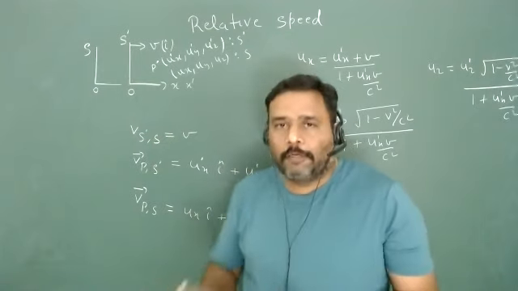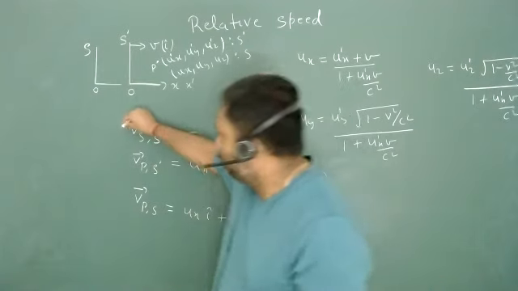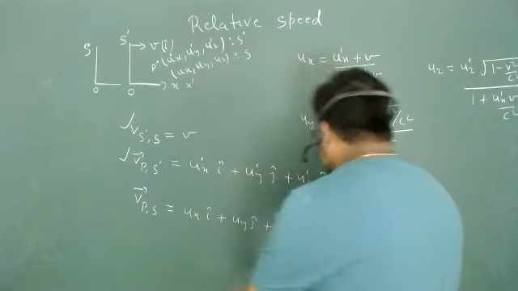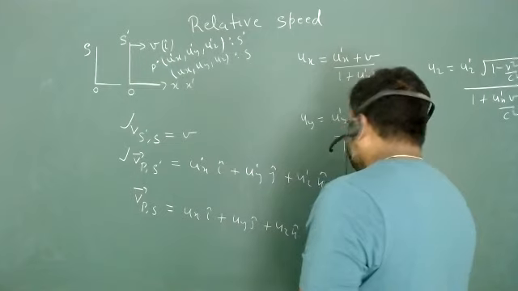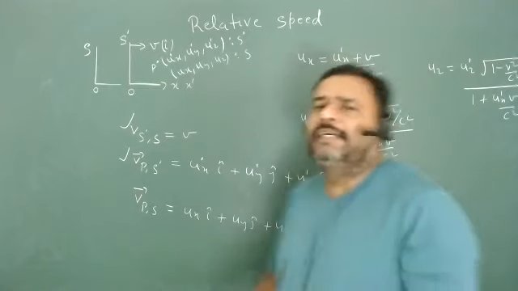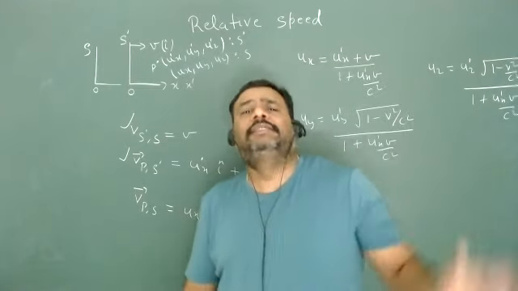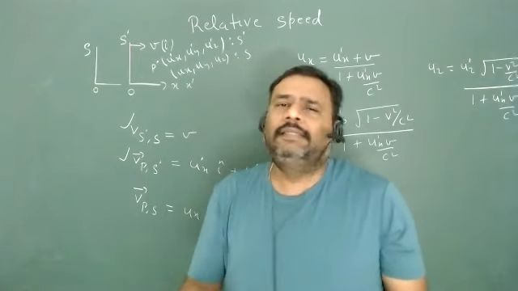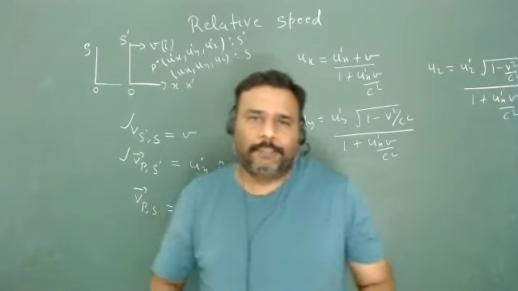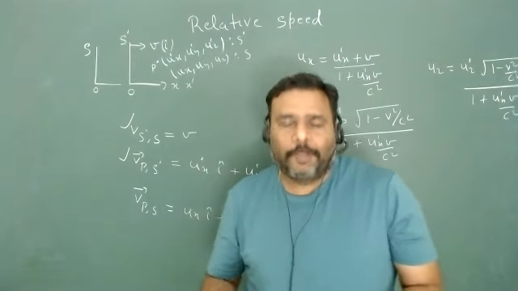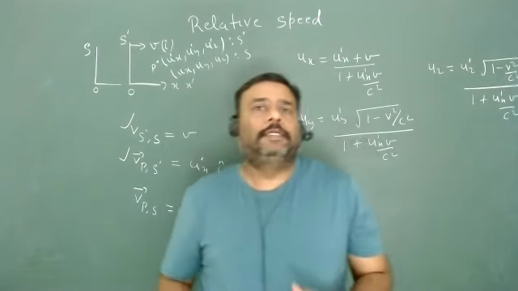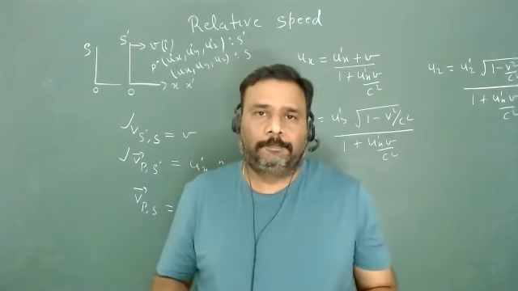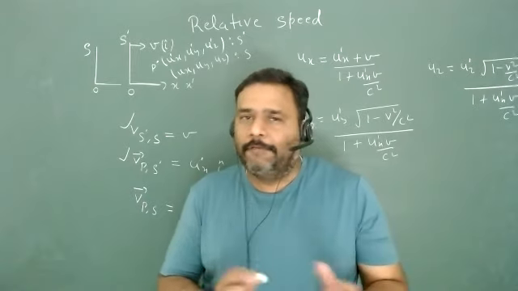So these are known quantities, and I will always try to figure out what this value is, unless it is given directly with respect to S or S dash. If they are given directly, then this is not a good problem actually. A good problem is one where we have to decide what my S frame is, what my S dash frame is, and how to give the notation. So this is really a very nice thing.